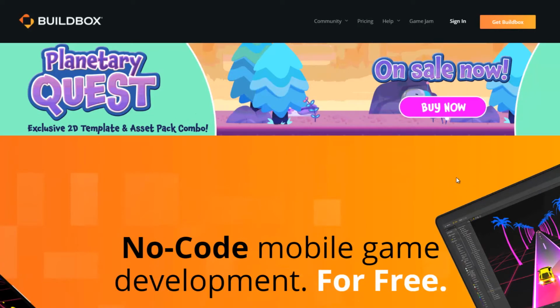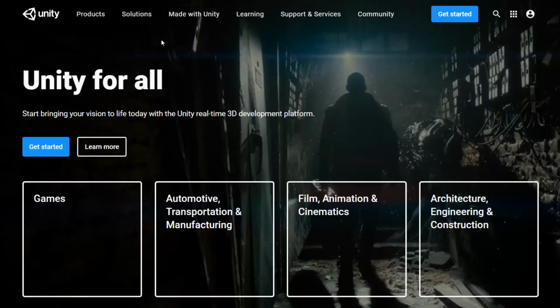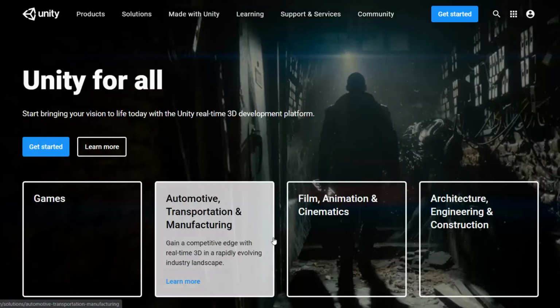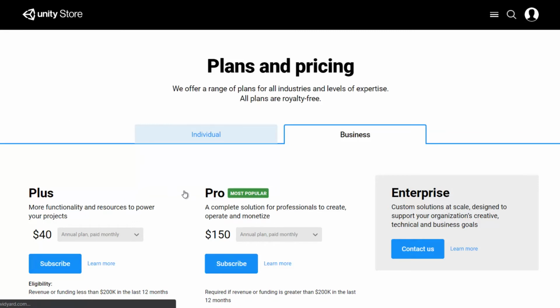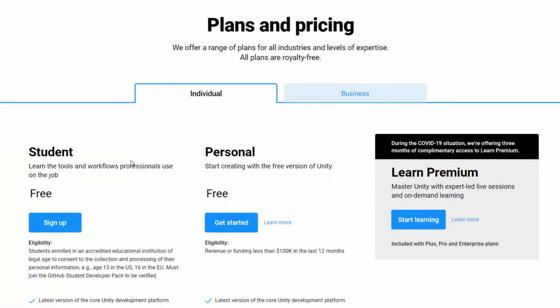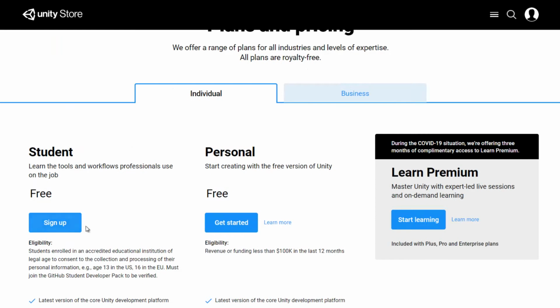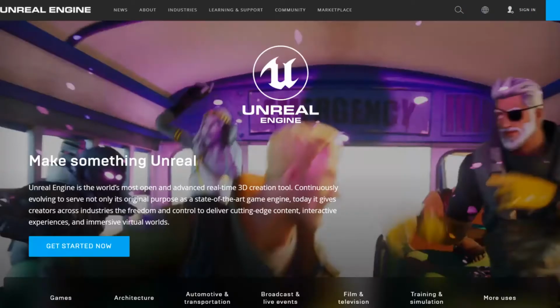Now people will ask, do I need to pay some money? You can see it's free. For Unity, when you get started, they will ask for money, but if you're an individual and a student, you will get a lot of this for free. Just take the opportunity, sign up, download the game engine.